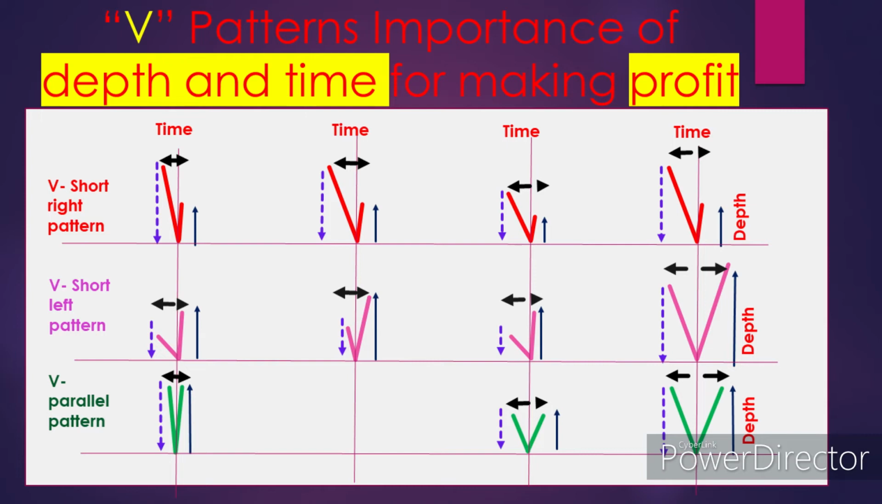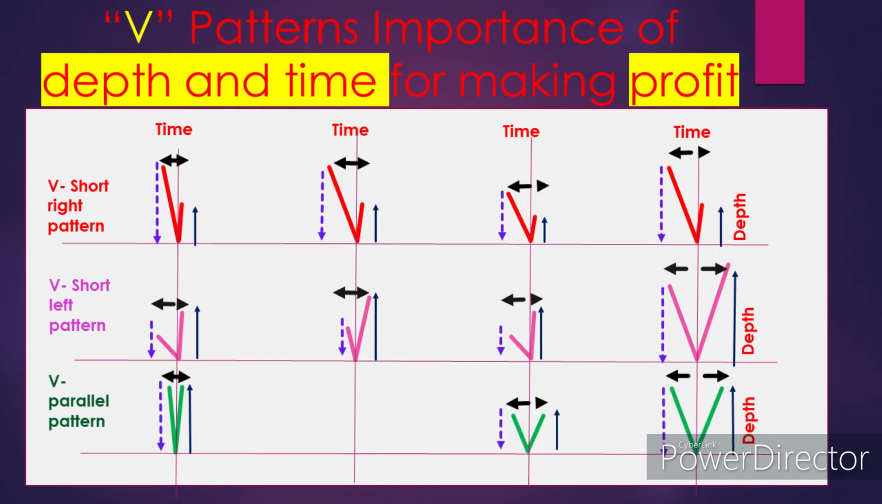The second term, the depth. The depth indicates the maximum fall of Nifty from the capital line to the profit line, or the total rise from the profit line to the risk line or the capital line. Whichever is higher, that part we will call the depth of the graph. In the first case, the short right V pattern, we can see that the time used